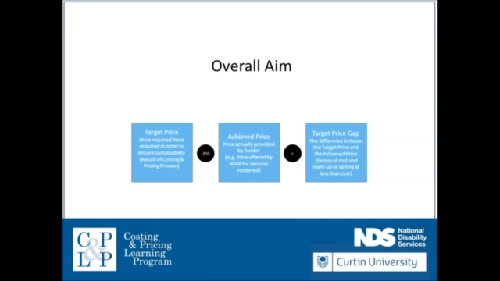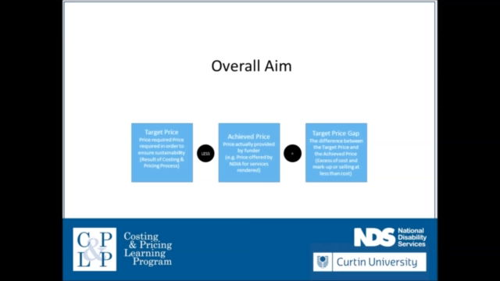As I mentioned before, an overall aim for every organisation should be to identify the target price gap, both for each individual service and also at the aggregate. The target price gap is simply the difference between your target price, that is the price required in order to ensure sustainability, so that is both a cost recovery plus your margin for your organisation. And margin's critical for not-for-profit organisations because it is the margin or the profit that actually builds the balance sheet, ensures you have sufficient cash for innovation and change management, and also ensures that you're able to pay your longer-term liabilities such as employee entitlements when they become due.